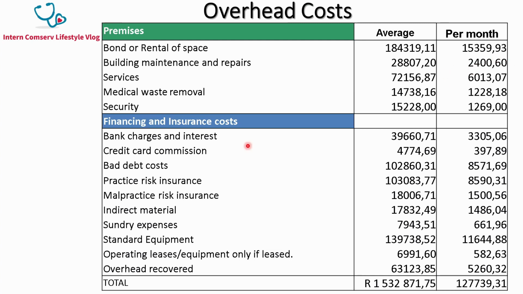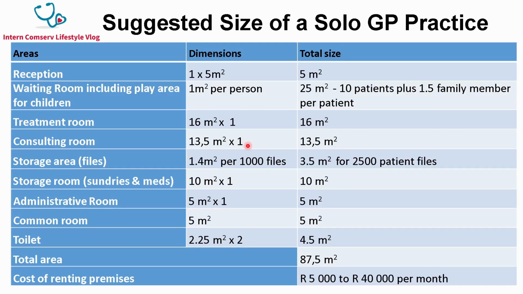So what's the average size of a practice? The suggested size of a solo GP practice, from studies done both by the Department of Health and internationally: a reception area is about 5 square meters. The waiting room should be about 25 square meters. Treatment room, 16 square meters. A consulting room, 13.5 square meters. Then you've got an area for the patient file, storage room, administrative, a common room, and your total area being